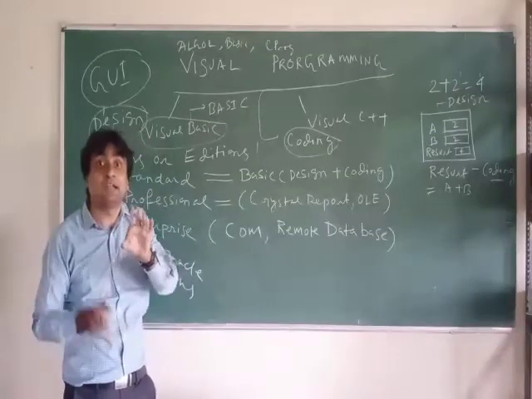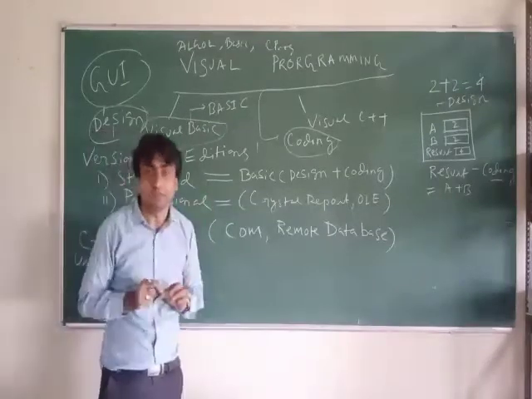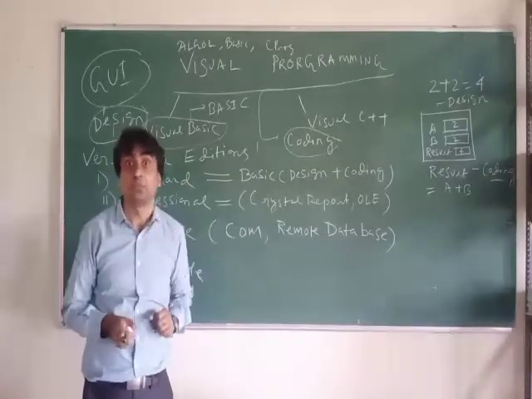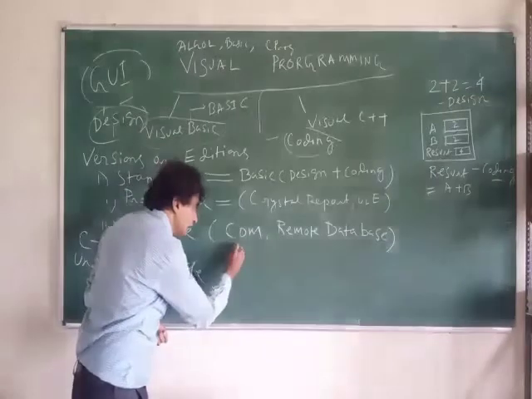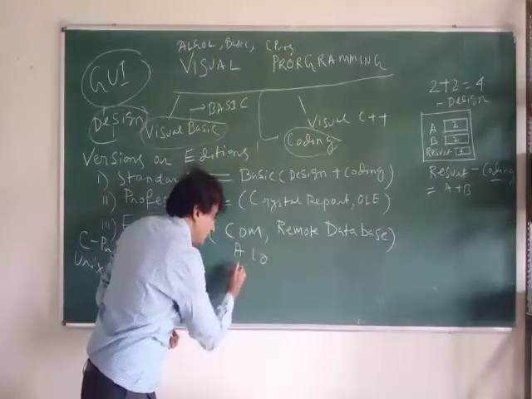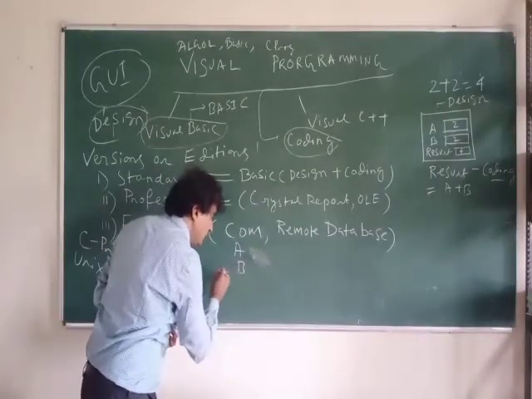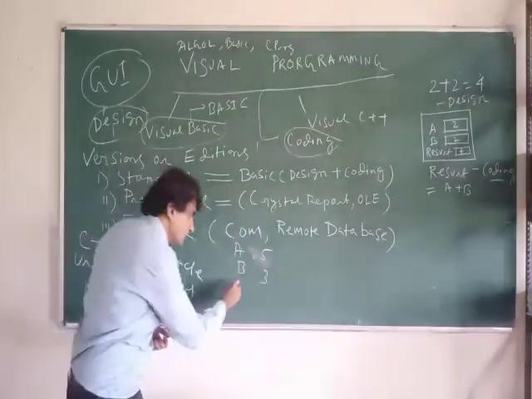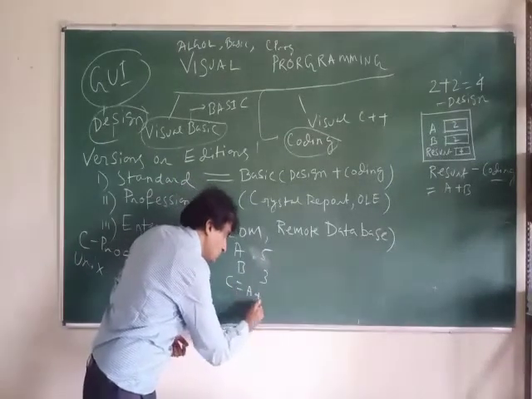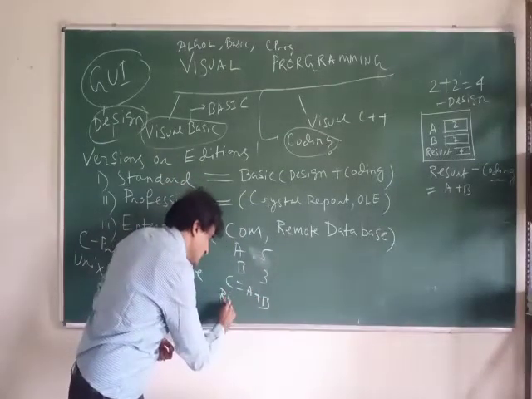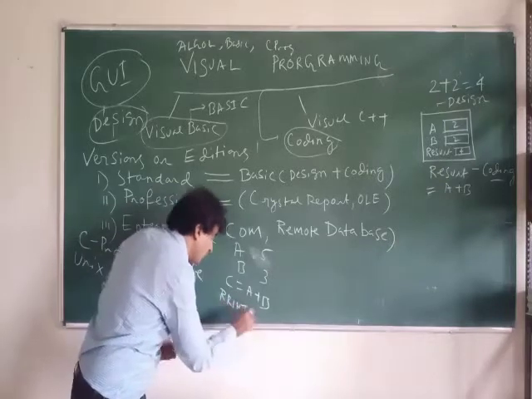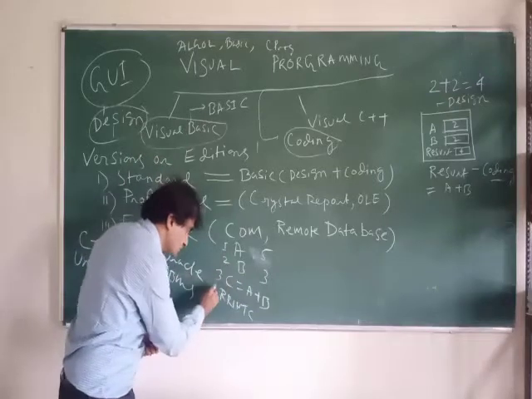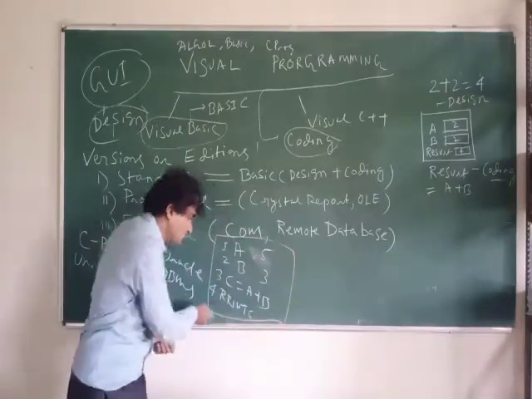It had programs line by line, just like C language. But in C language, we don't mention line numbers, while here the line number has to be mentioned. Suppose A is 10, B, A value is 5, B value is 3. I am doing addition of two numbers. C equals A plus B. Print C. This is line number 1, line number 2, line number 3, line number 4. Like this it used to work.